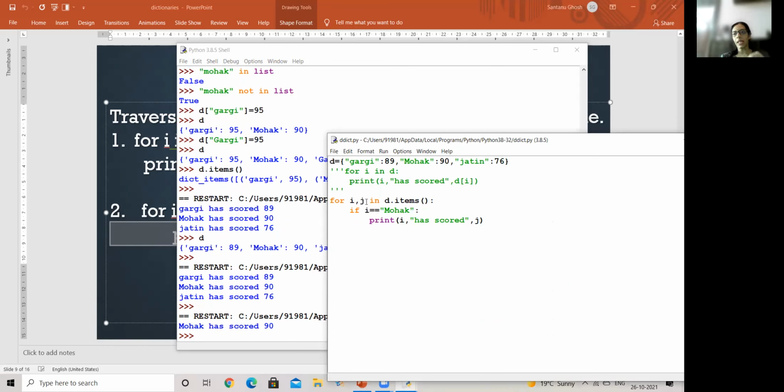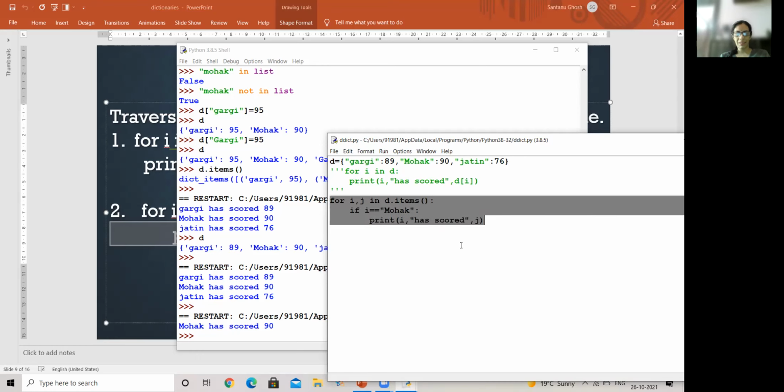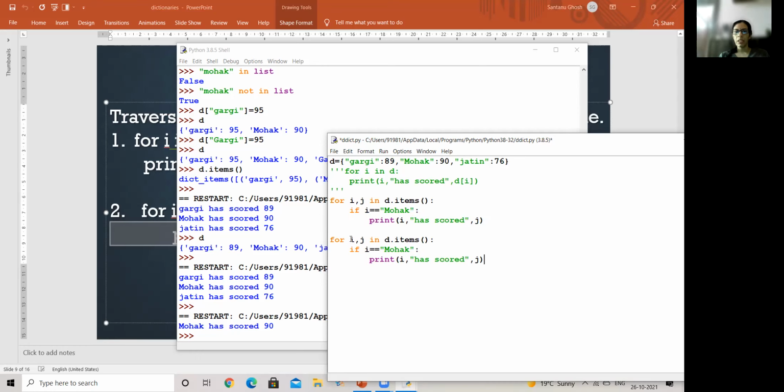So this way I can maybe check for j also. Only display the i's of those, I mean the keys of those who have scored more than 50% or 70% or 90%, something like that. That also I can do. Okay, let's try that code too. So I'm just copy pasting. Now fetching is same. Now what I have to check? I have to check whether the marks is more than a specified value. That specified value, as of now, I'm taking static, which is supposedly above 75. So Jatin should not be displayed. No, above 80. So Jatin should not be displayed.